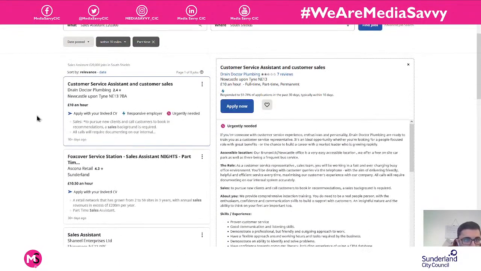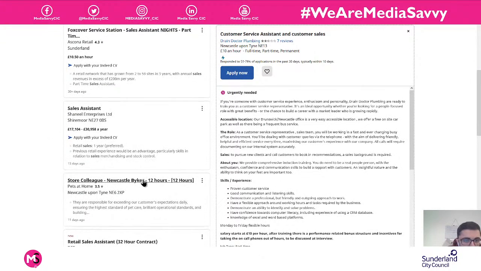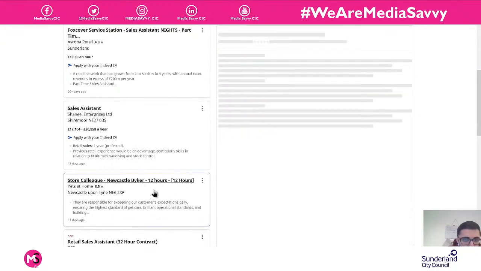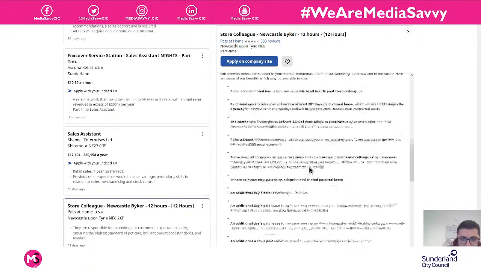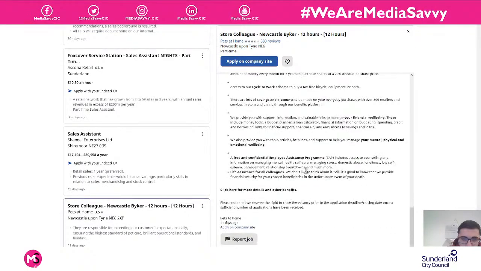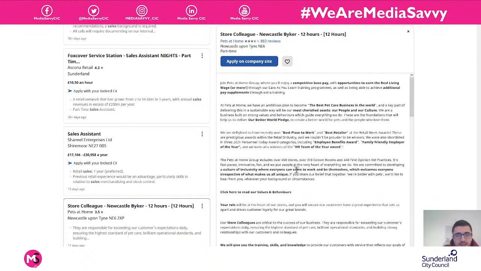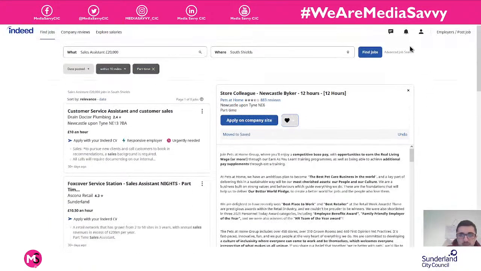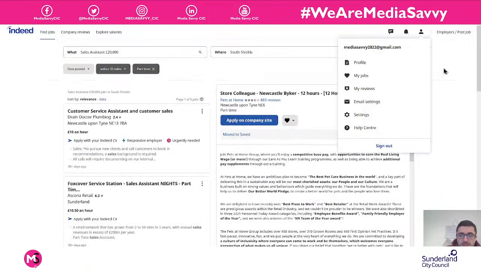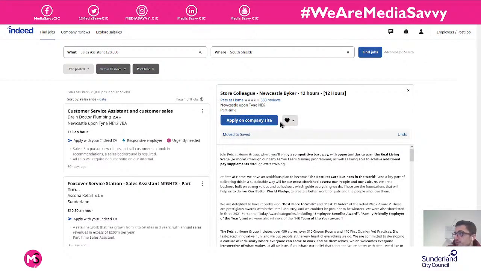And then I've got Pets at Home in Biker there, 12 hours a week. If I click on that, it gives me that breakdown again on the right hand side and sort of explains what's what with that. Apply on company site. I can also favorite that job and come back to it later. So it saves it, and that goes into your saved jobs. So if I didn't want to apply for it right now, but I want to come back to it later, I want to get a bit of advice, tweak my CV a little bit, maybe write a cover letter,